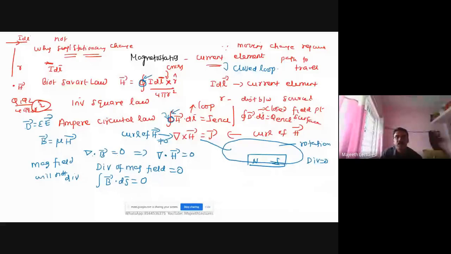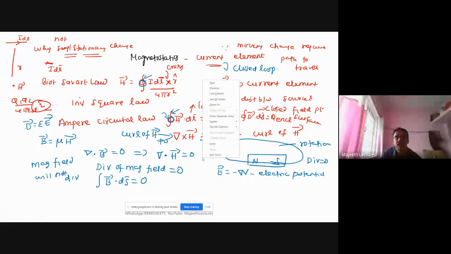Next, what is the only thing we have? Gradient. Gradient we know, like E is equal to minus del V. This is a potential. It is scalar electric potential. V is electric potential. So electric field is the negative of the electric potential gradient. Right? Del V is the gradient of potential, or potential gradient. So electric field is opposite to the potential change, right? That is what it means.